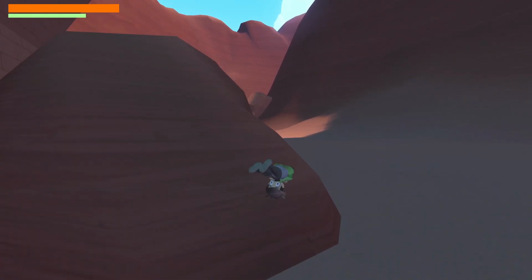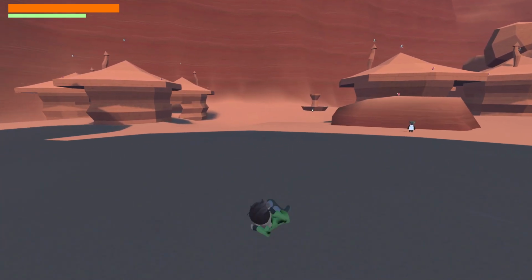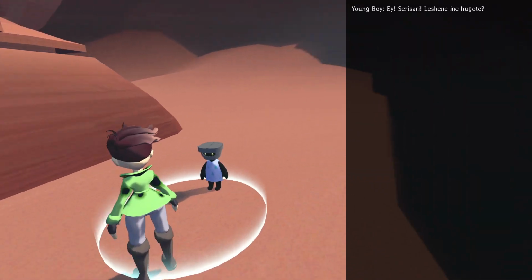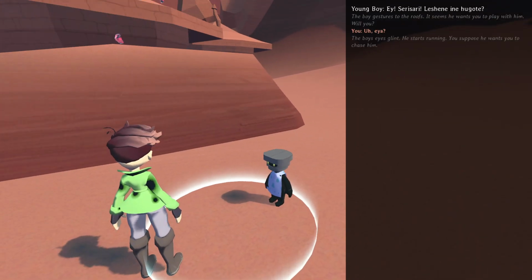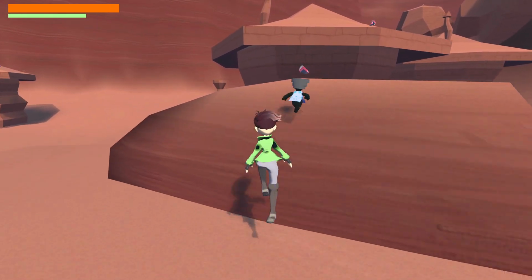Okay, and so the player is then in the village, and they're doing things, and then there's a thing where it's like the tutorial. Let's see if this still is good.